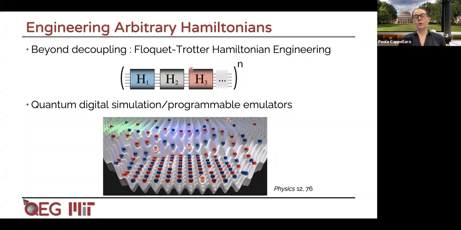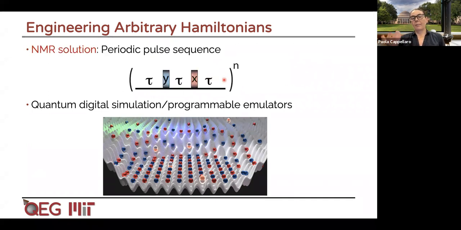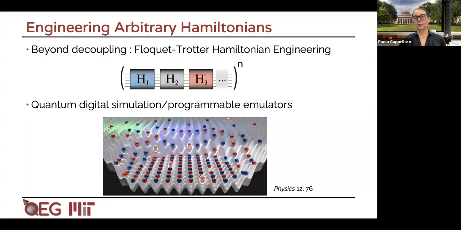So beyond the coupling, what you can do is a so-called Floquet-Trotter Hamiltonian engineering, where you string along many different types of Hamiltonians in order to engineer, on average, a particular Hamiltonian. And in NMR, a typical solution is to apply these pulses in order to rotate the natural Hamiltonian and engineer this string of different Hamiltonians, as we saw for the coupling, but you can do it